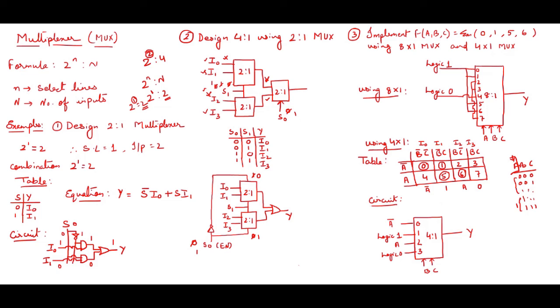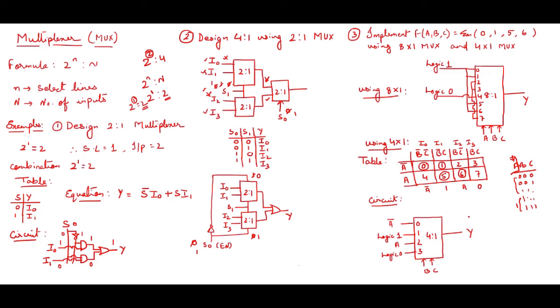Now you see the circuit, I have taken a 4:1 mux. So input will be 4 pins, 0, 1, 2, 3, output is 1, and 2 select lines, because 4:1 mux means 2 to the power 2 equals 4, so 2 select lines, right? B and C will be acting as the select lines, so it will be giving the 0 0, 0 1, 1 0, 1 1 combinations, right? So in the input, you can see this line is I0. So I0 is having A bar, I1 is having logic 1, I2 is having A, and I3 is having logic 0. So this is how we are designing the given equation using a 4:1 mux.